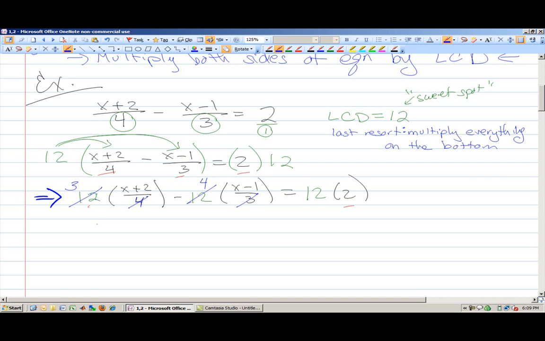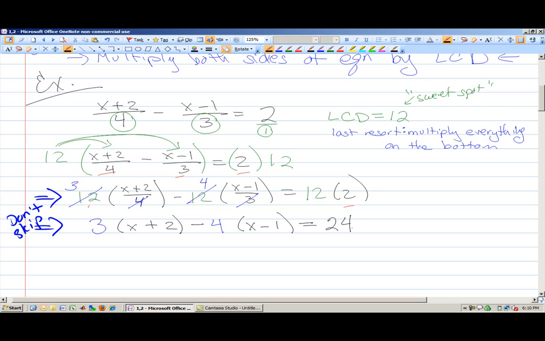So now let's rewrite the equation. Now this is also a step that a lot of people skip. Do not skip this step, because this is when bad things happen and things get lost and forgotten. So I'm going to write 3, and who's left here in the center is x plus 2, minus 4, and the guy who's left in the center, x minus 1. And that's going to be equal to